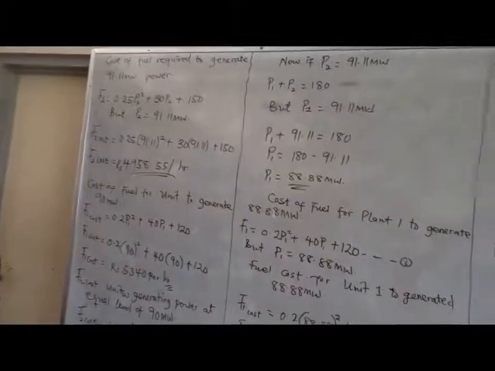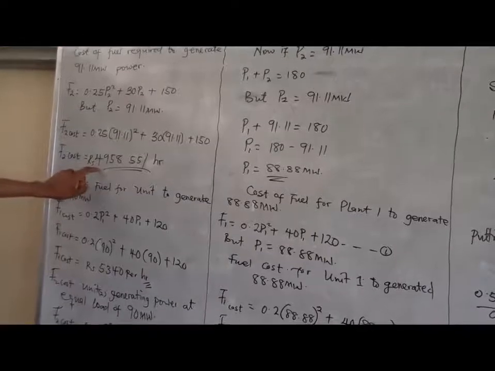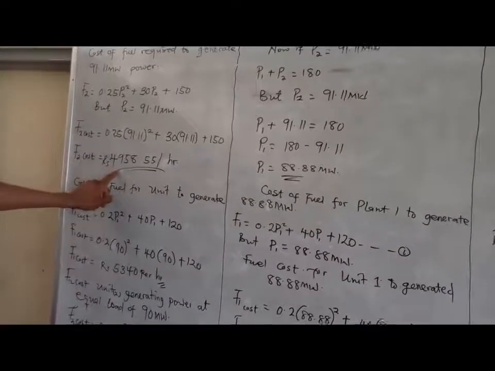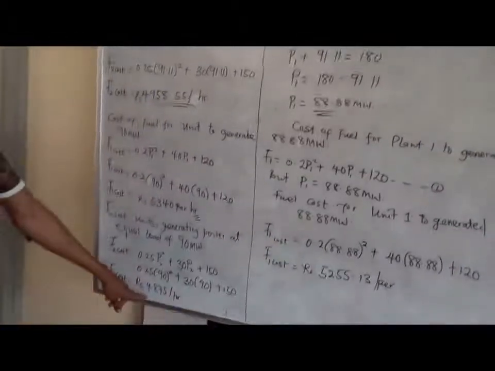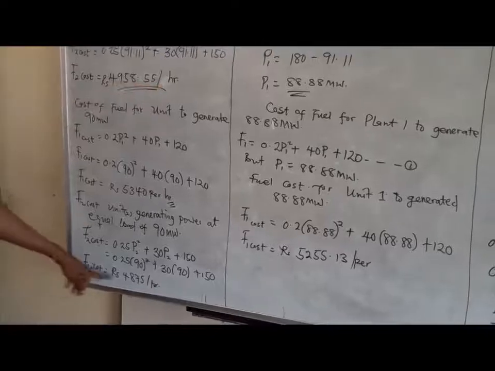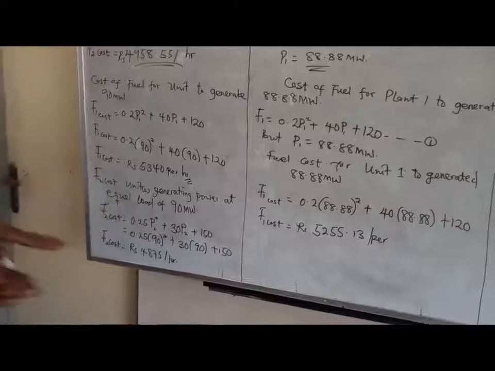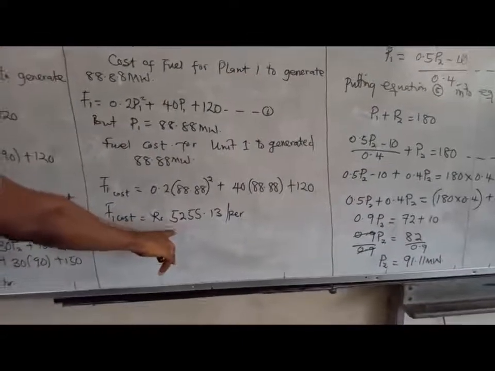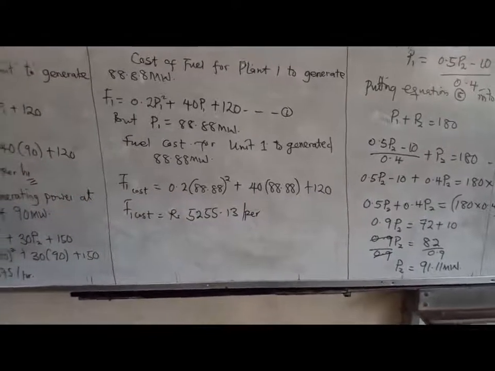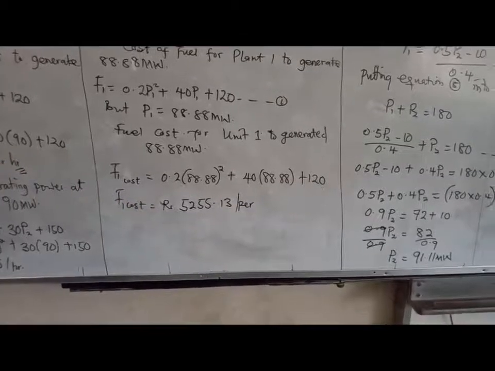You've got to realize that when we observe the cost of fuel during the time that generator 2 was generating on no equal load, the value is higher than when the load is shared equally, because this is 4958 point something and this is 487. It means that at equal load, generator 2 costs are reduced, while on equal load to generator 1, cost of fuel is increased, and this one decreased. So let's find out the total